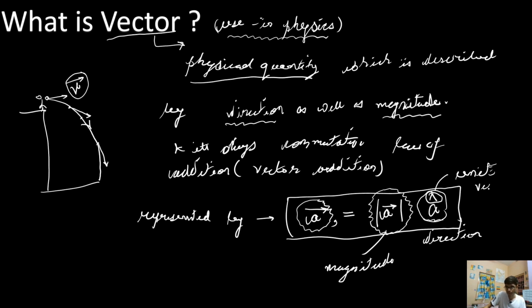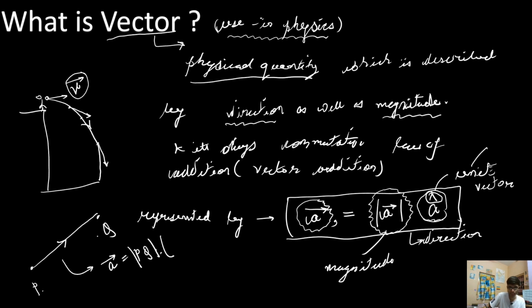So a cap represents the unit vector which is used for direction. I hope the representation of a vector is very clear. Suppose there is a line segment represented by the points P and Q, and the direction goes from P to Q. Such a thing can also be represented as a vector. If I call this vector A, I can write vector A as equal to the magnitude of the line segment PQ,